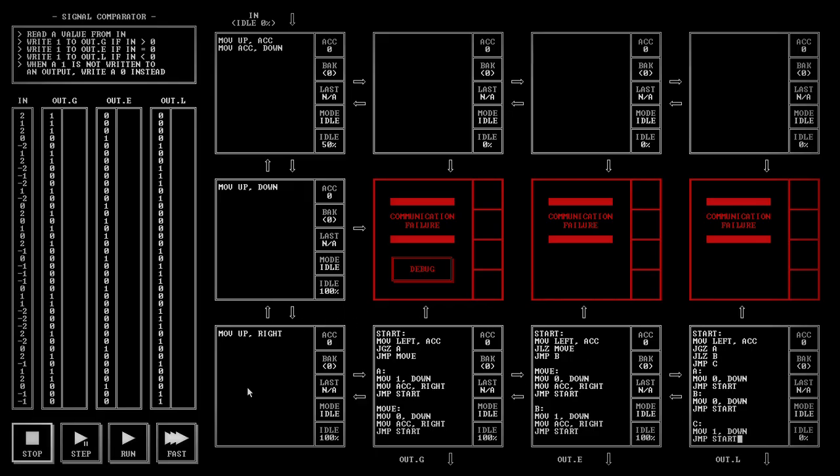Okay, if I'm correct, once this number is here, it's gonna move left to the ACC. We're gonna jump to A if it's greater than 0. If it's greater than 0, we check 1 down. We move the number along and we read the next number. If it's not greater than 0, we move 0 down, we move it along, and bring in the next number. From here, bring the number in. If it's less than 0, we move it along and mark 0 down, restart. If it's not less than 0 and it's not greater than 0 here,